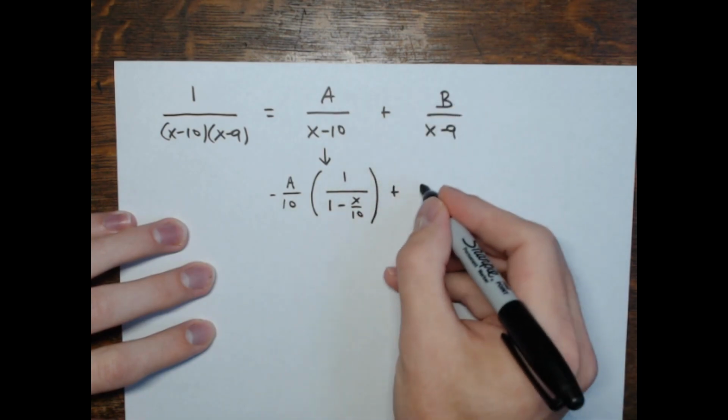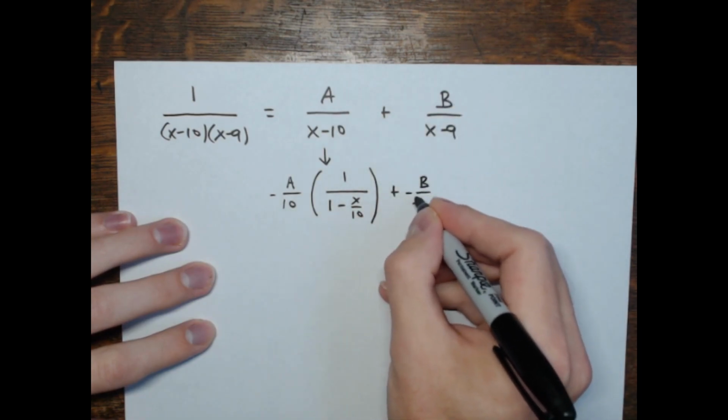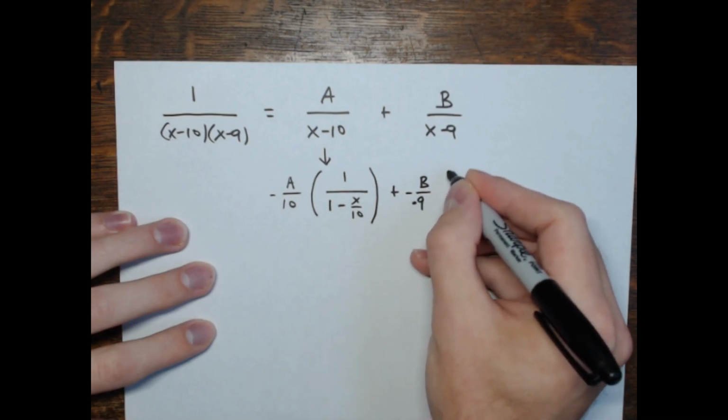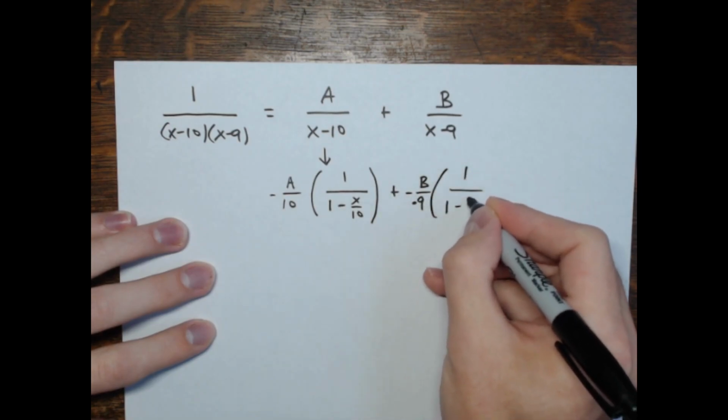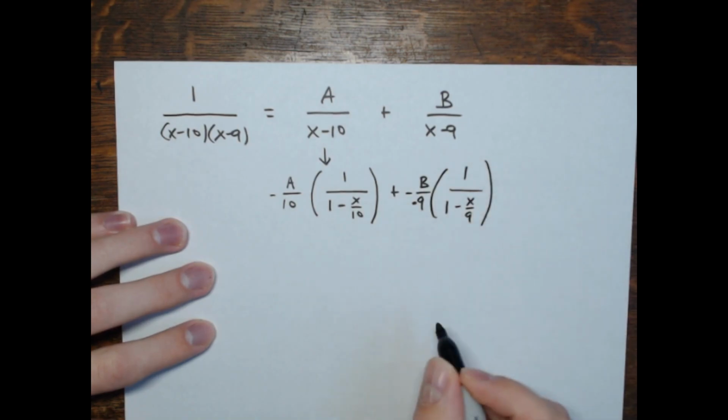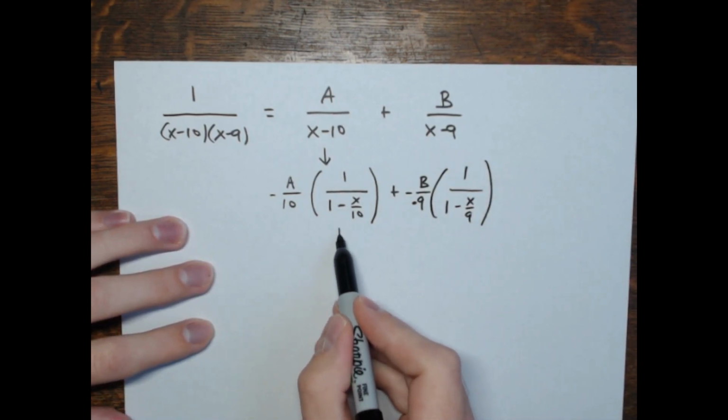Plus, and then here, same thing, you'd have b over negative 9, so negative b over 9 times 1 over 1 minus x over 9. And so when I write series here,